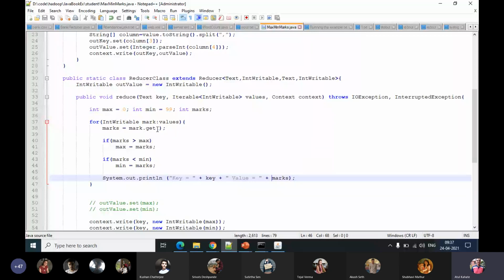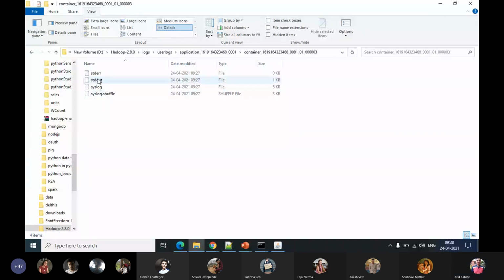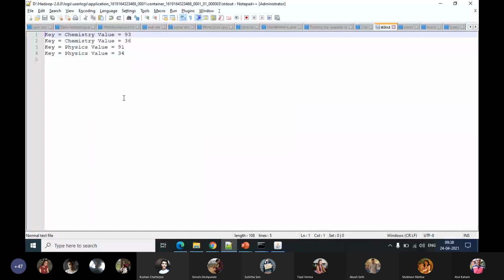How are we reducing? We are simply printing the min and max for both the subjects. So if we see the third and final log files output, it will show us the final result, which is exactly what we see on the screen.